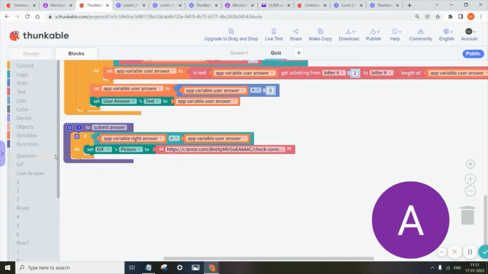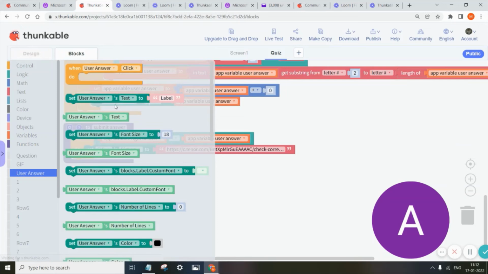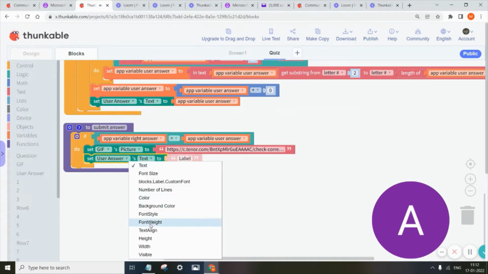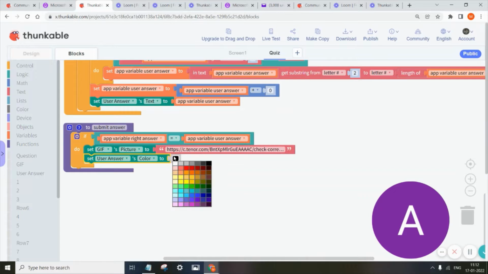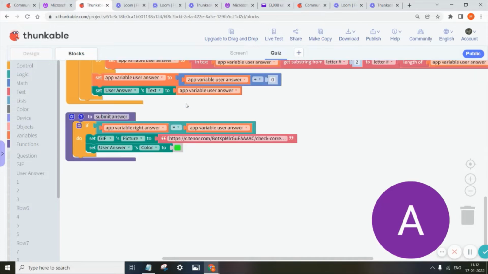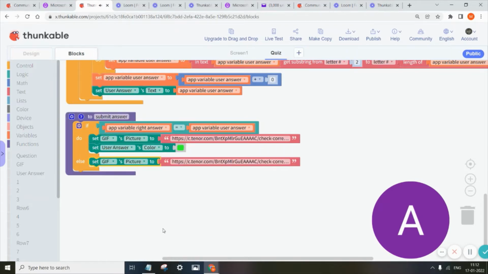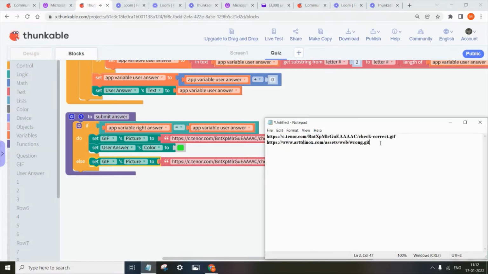And then I said we wanted to change the answer label's text color to green if it was correct. So just take that green. And otherwise, however, you want to set the GIF to wrong. So I'll just drag in that wrong GIF